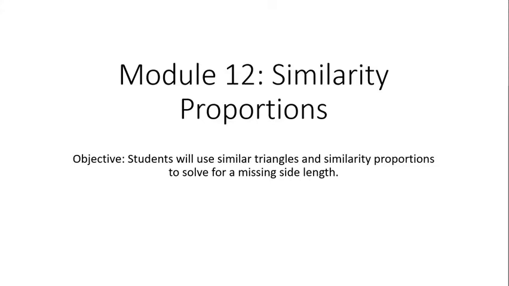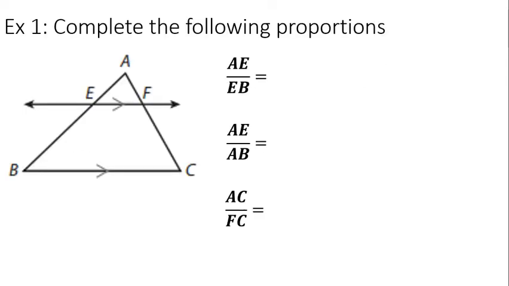Okay, so today we're going over module 12. It's called Similarity Proportions. And we said students will use similar triangles and similarity proportions to solve for a missing side length. So what we're going to do first is complete the following proportions. So what we're looking for here